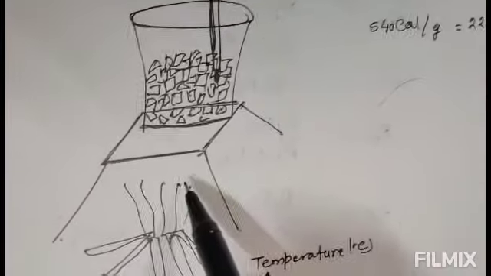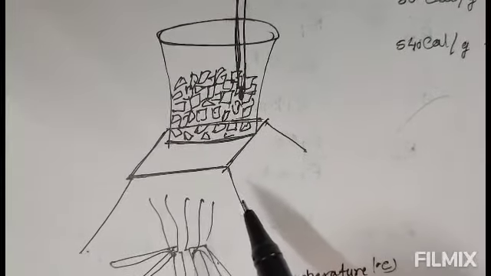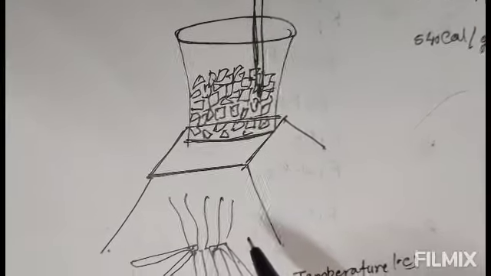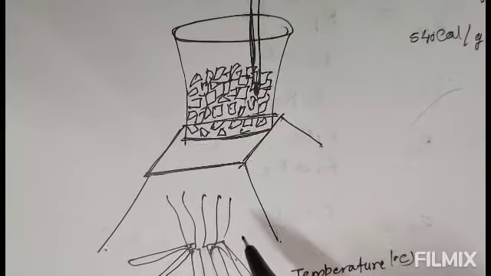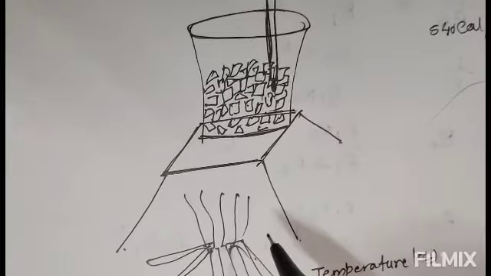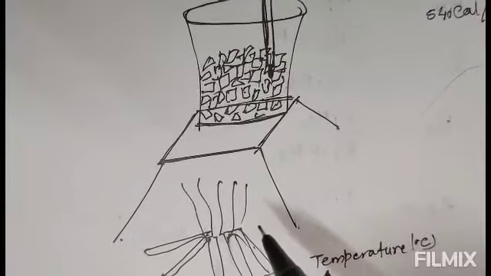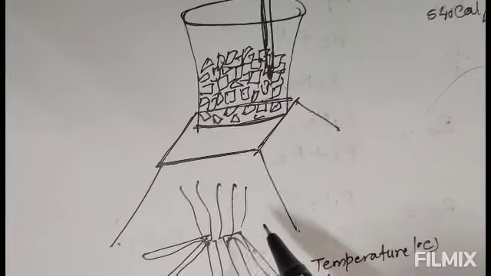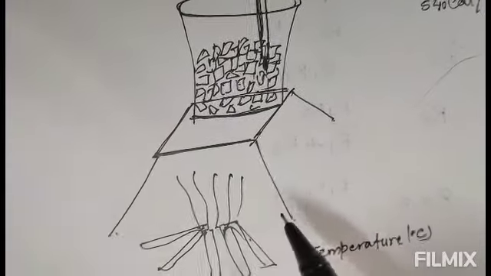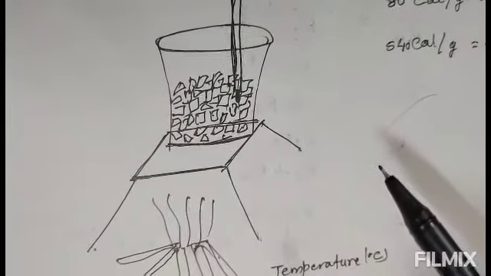Change of state. Normally, there are three states of matter: solid, liquid, and gas. The conversion of one of these states of matter to another is called the change of state. There are two common changes of states of matter. First one is solid to liquid or liquid to solid, and the second one is liquid to gas or gas to liquid.